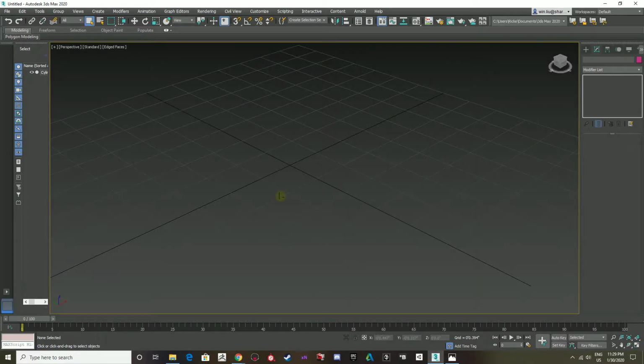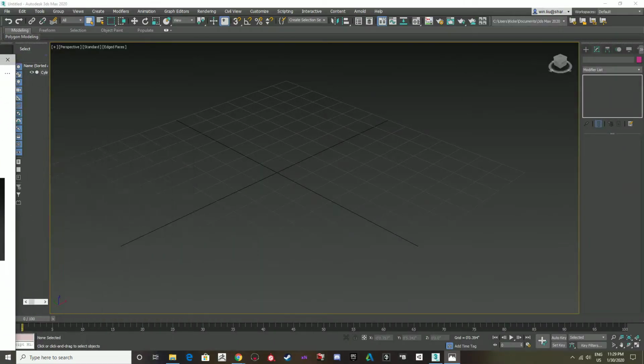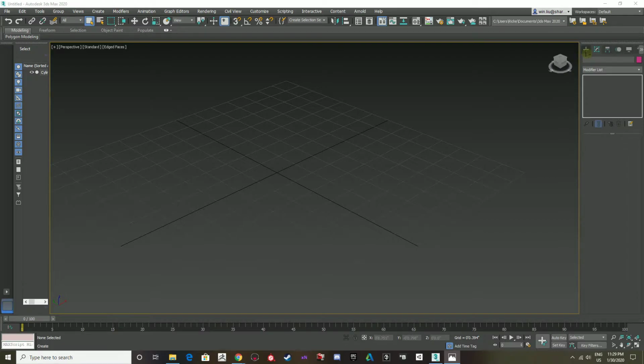Okay, so we're in our Maxine, and we're going to start making the base. We're going to make this piece right here. How we're going to do that is we're going to start with a cylinder. Whenever you are ready to make your cylinder, you're going to click over here on your Create tab, and you're going to see cylinder right here. So click cylinder,